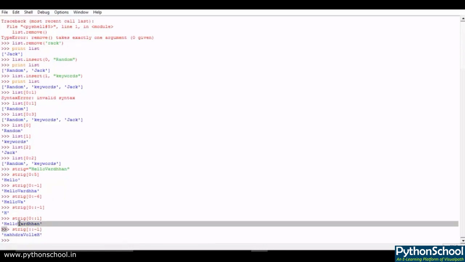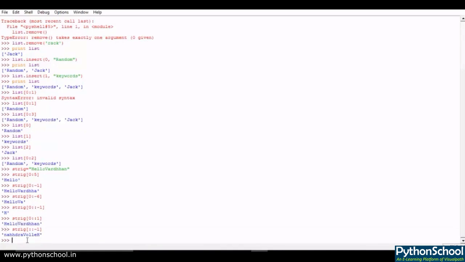Here you can see hello Vardhan, printed in reverse order. So if you want to print two letters,